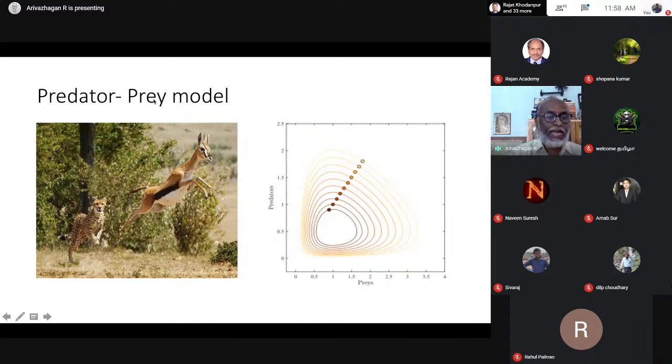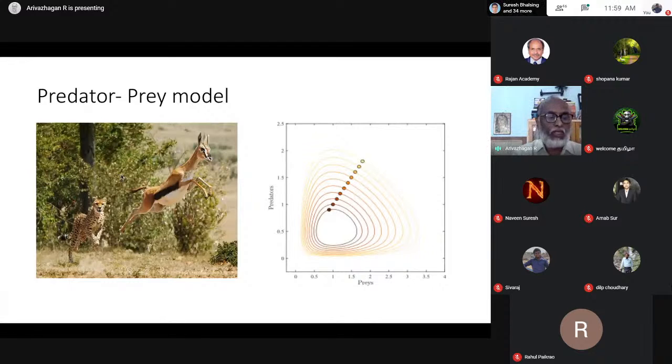See here, the deer and the cheetah are shown as prey and predator. This is prey, this is predator. I can show so many examples, but this is one example. You consider this a prey and this a predator. The dynamics, or the interaction, of the prey and predator, such as deer and cheetah, is shown here. I'm going to define the interaction in mathematical form. That is my objective. The concept of interaction was initially proposed by Alfred J. Lotka in 1910.